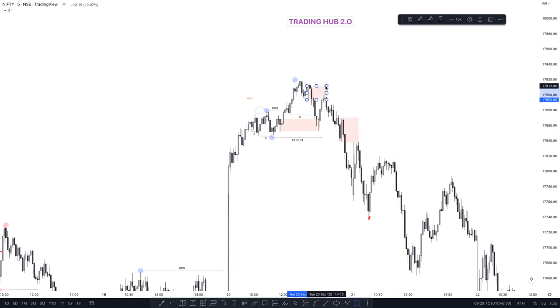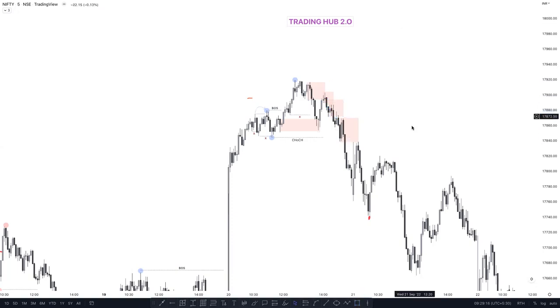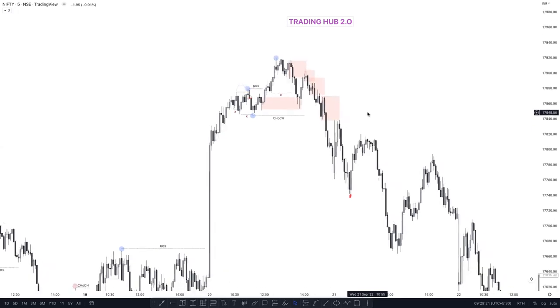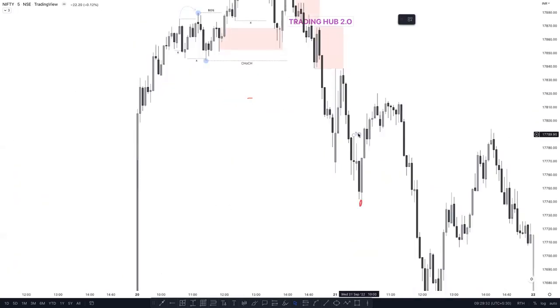Because everything is mitigated here. You can see everything is mitigated. So only this point is unmitigated. What happened here? Market tapped here, and we can sell on 1 minute, right? Again, break this low, and after breaking this low, this one is our minor inducement, right? Because market took out the previous candle high at this point. Let me show you. So what happened? Taken out this one, and then market tapped on this POI,